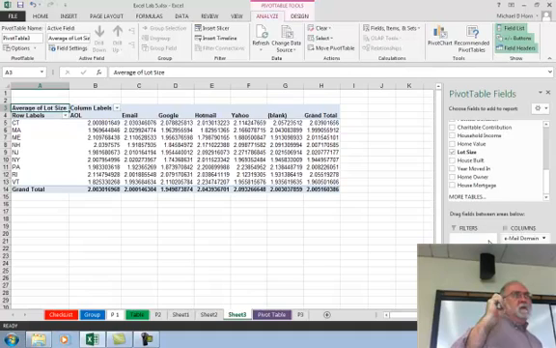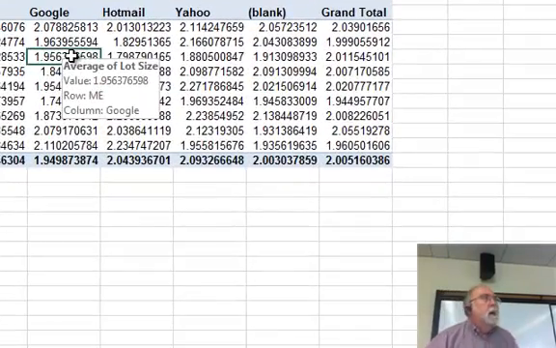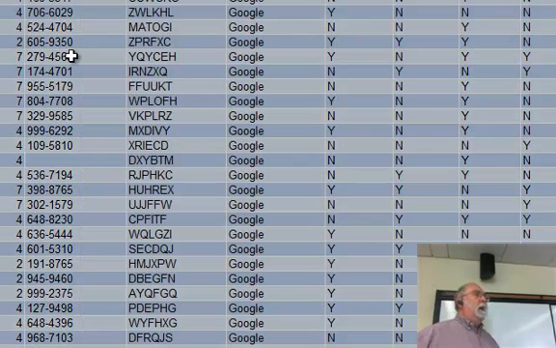Now, something you need to be aware of, because it can cause you a lot of grief down the line. I'm just going to pick one of these cells in here. It doesn't matter which one. And I'm just going to double click on it. When it creates a pivot table, it makes a copy of all that data and it hides it someplace in the workbook